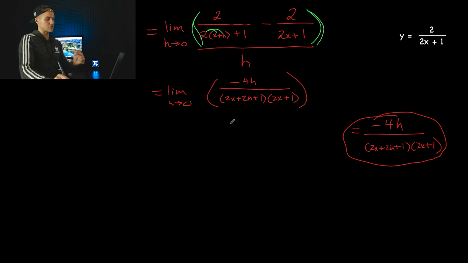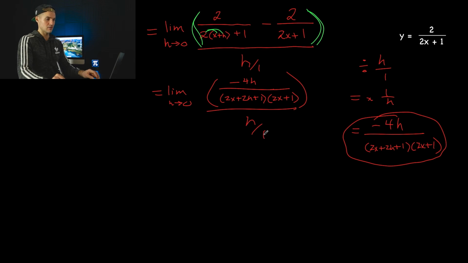And then, I've done this in the lecture videos, that when I'm working with a rational function like this, and I'm using the first principles, instead of dividing it by h, I like to multiply it by 1 over h, right? Because if I'm dividing by h, that's like dividing by h over 1, which is the same as multiplying it by 1 over h, right? So instead of dividing it by h over 1 here, I'm going to write it as multiplying it by 1